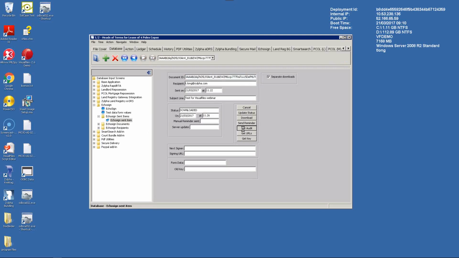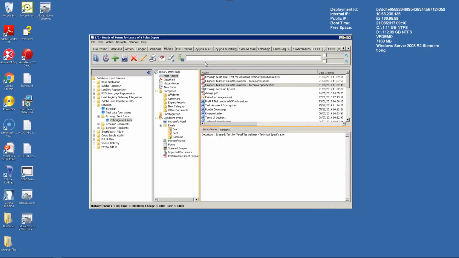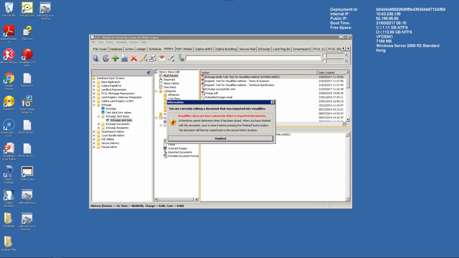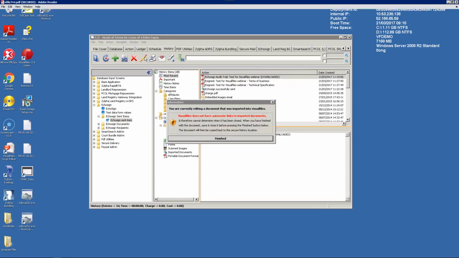If I just click on Get Audit, that'll go and get an audit log for me, which is a certified and digitally signed document that Adobe produce. That'll get attached to case history for me. So I go back onto case history. There's my audit. And if I go back in and have a look at that,